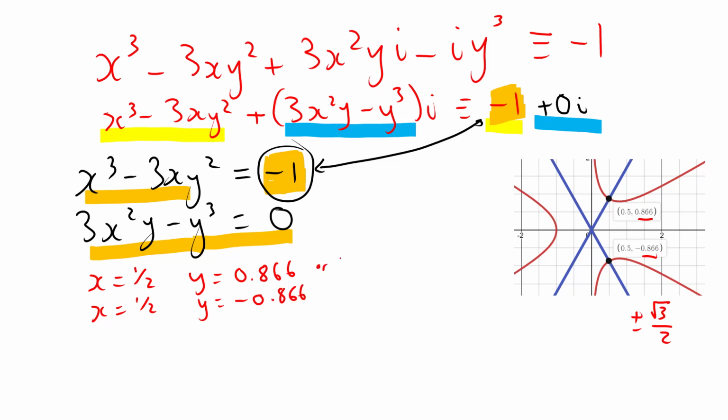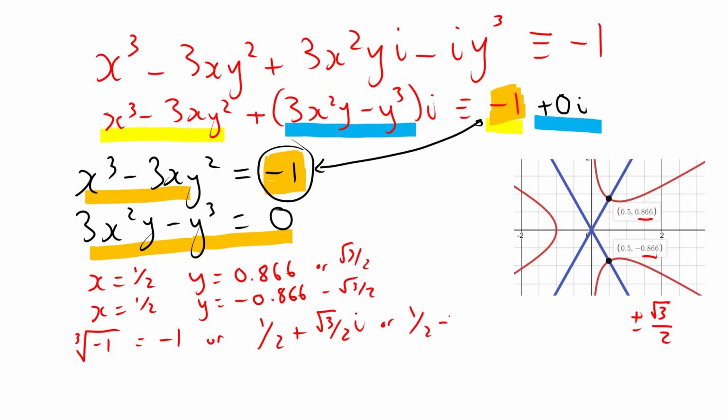Or we can write them as root 3 over 2 and minus root 3 over 2, which means that the cube root of minus 1 is minus 1, or a half plus root 3 over 2i, or we could be saying, and here, minus root 3 over 2i. There we go. We've got our three solutions to this. We've got the cube root of minus 1 is minus 1, or a half plus root 3 over 2i, because remember we were just subbing x and y into